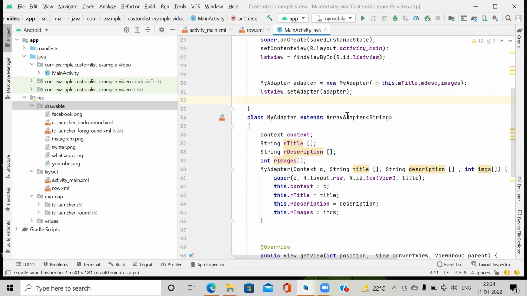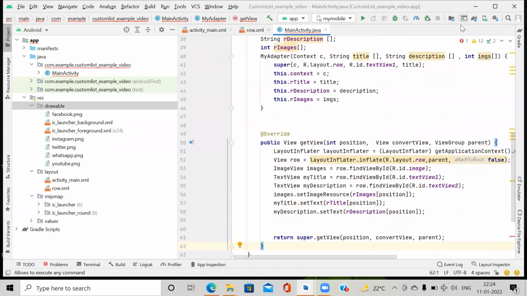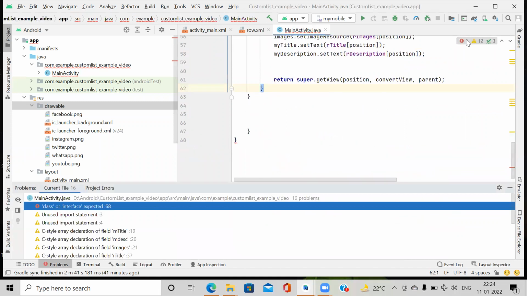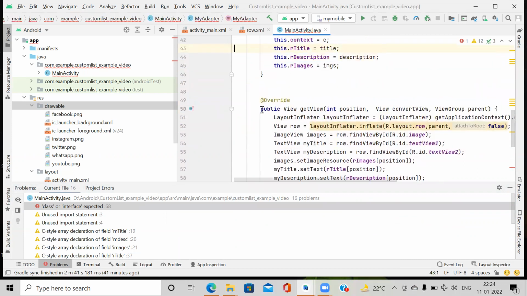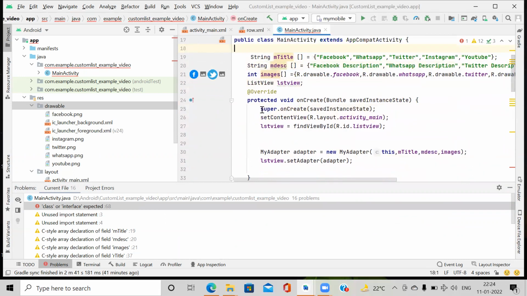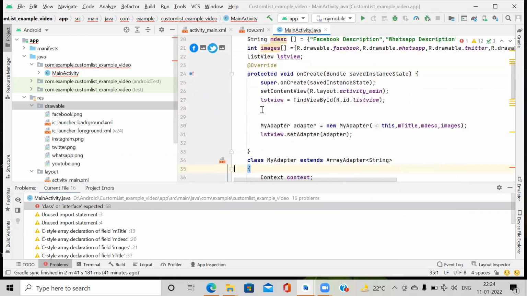So let's see what happened here. Some errors are there in MainActivity. Here we find the error. Let's check it. Class or interface. Oh, so here is some problem in a curly bracket. So here we close.